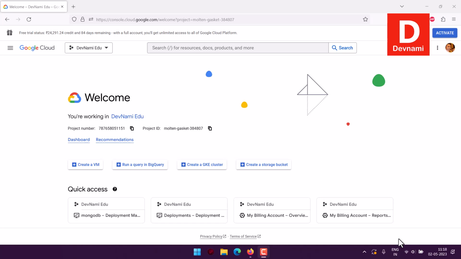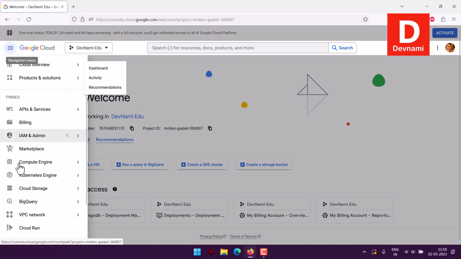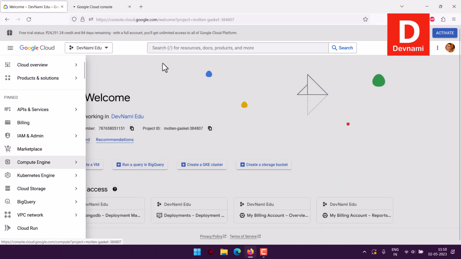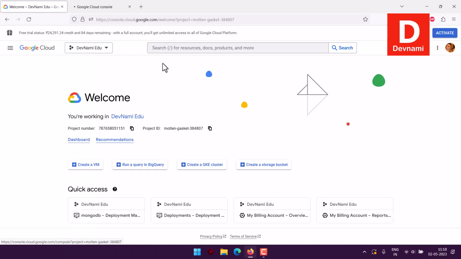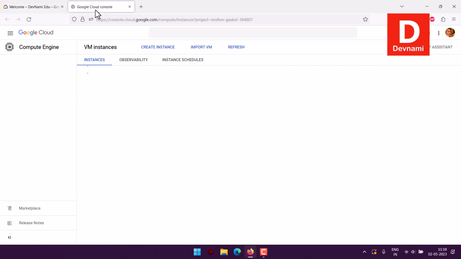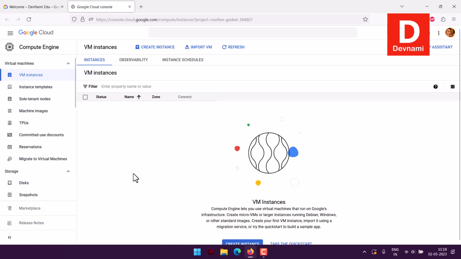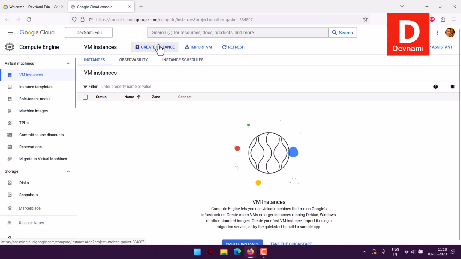Once we have these two things set up, we will go to our top navigation menu, and then we will be going for Compute Engine. Then we will click on VM instances. That should open in a new tab. Right, once we have these things set up in the new tab, you will see your Compute Engine that looks like this. Now here I can create a new instance,